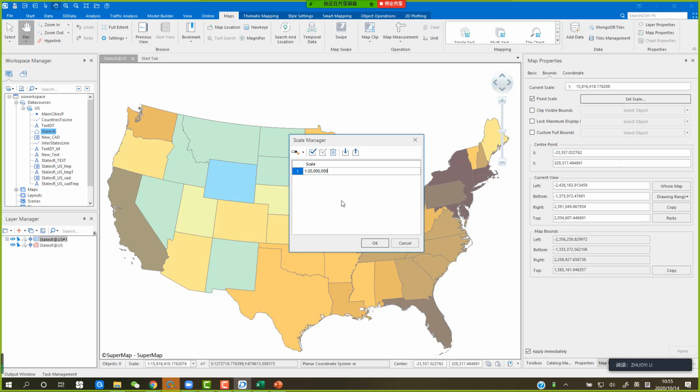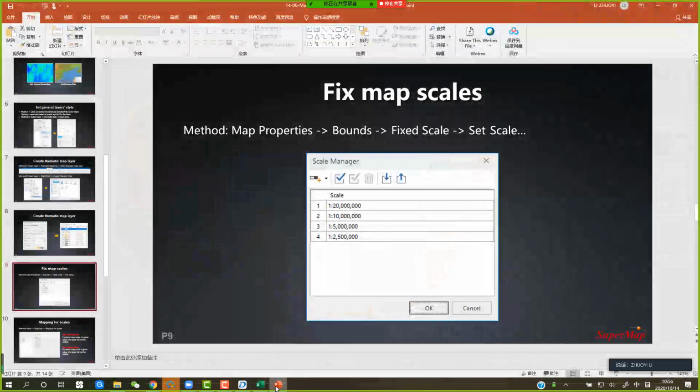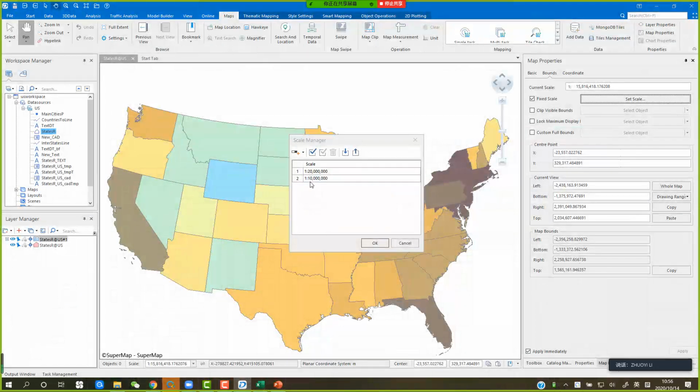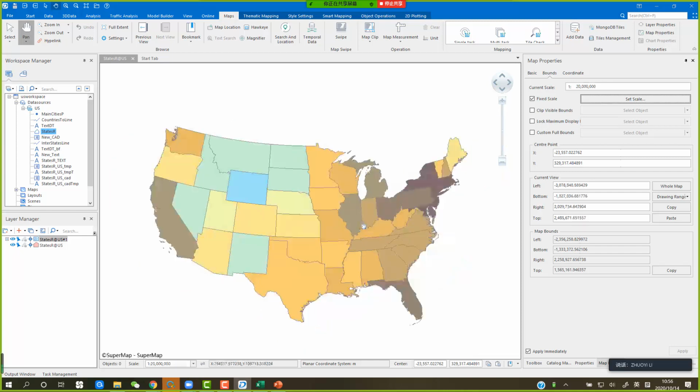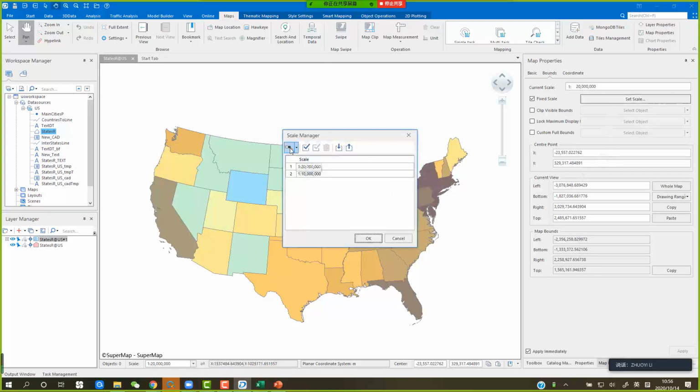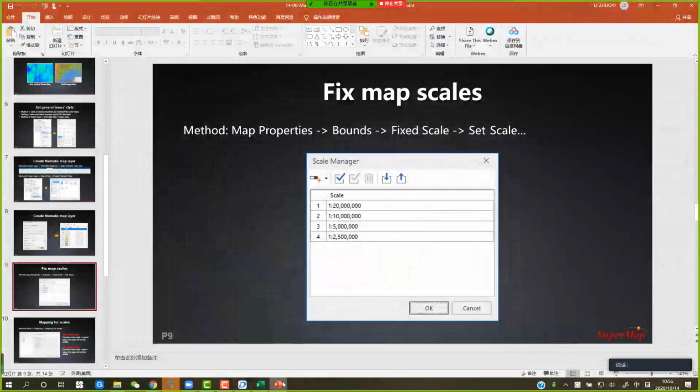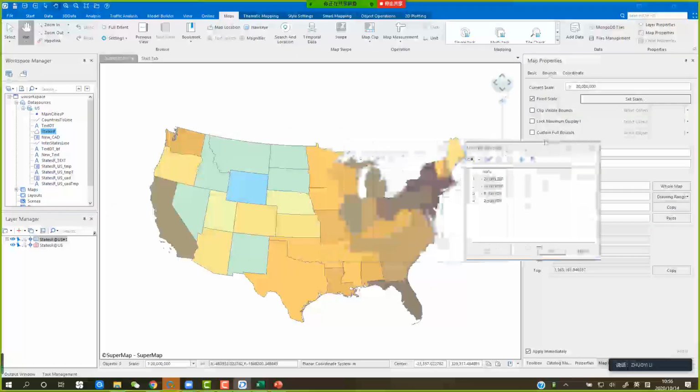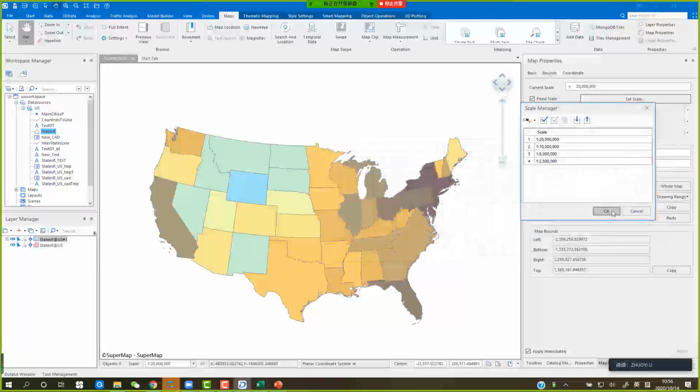Okay, that's our first scale, and we can add scale, and it will be the style of the first scale. And the second is 100,000. Let's set the third scale and the first scale. It's the same as our PowerPoint. Okay, let's click OK. So set the first